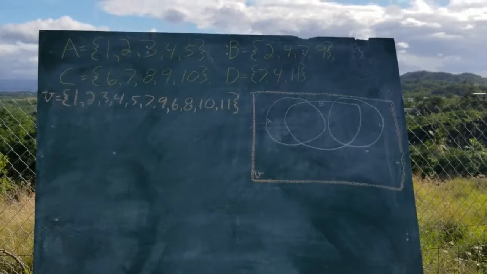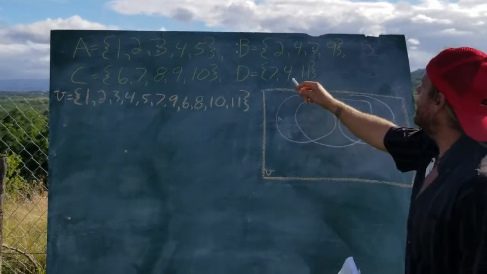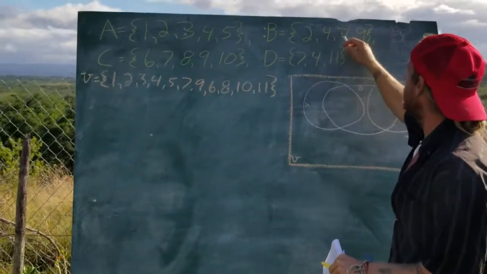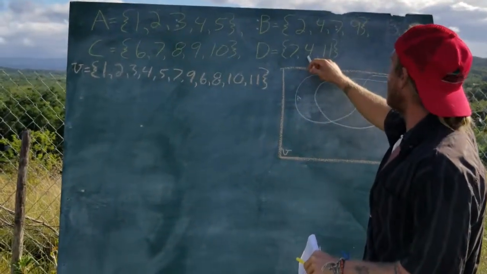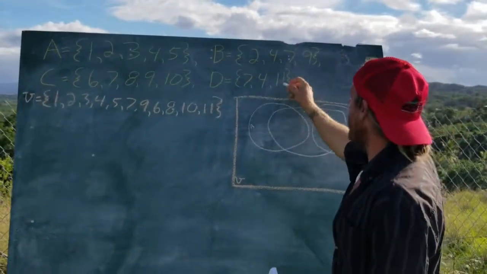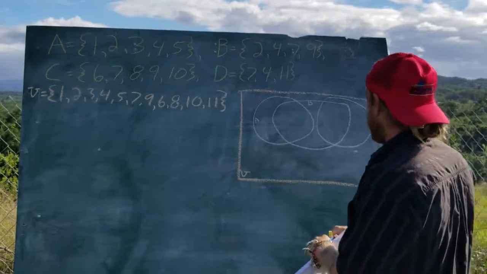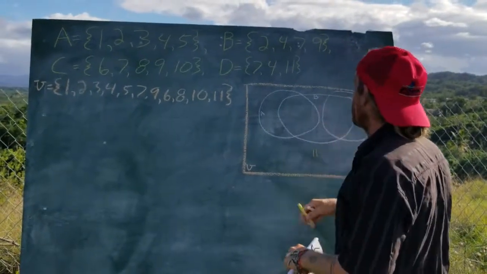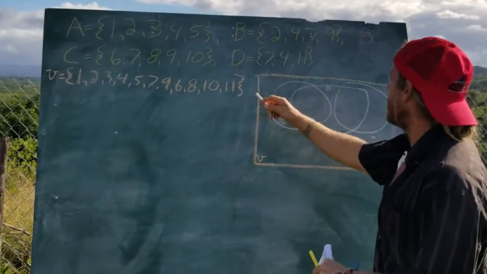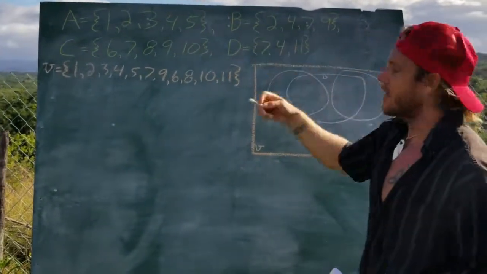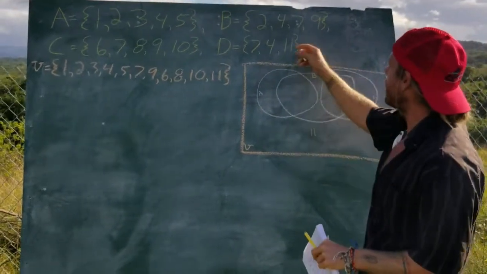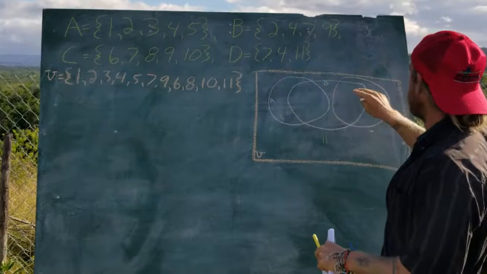All right. Now D shares 2 elements with B, 7 and 4, and 1 element with A, 4. And it's got 1 unique element, 11. So maybe that'll help. Let's just put 11 down here. He's outside of everybody. And we noticed that as we constructed the universal set, that 11 was the only element still left in D that we hadn't already talked about. So if we were to do this, 11 being the only unique element to D, 7 and 4 both being in B,